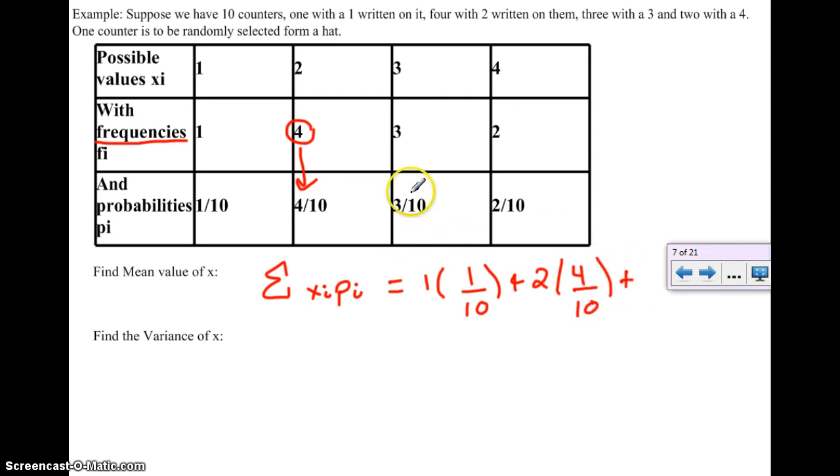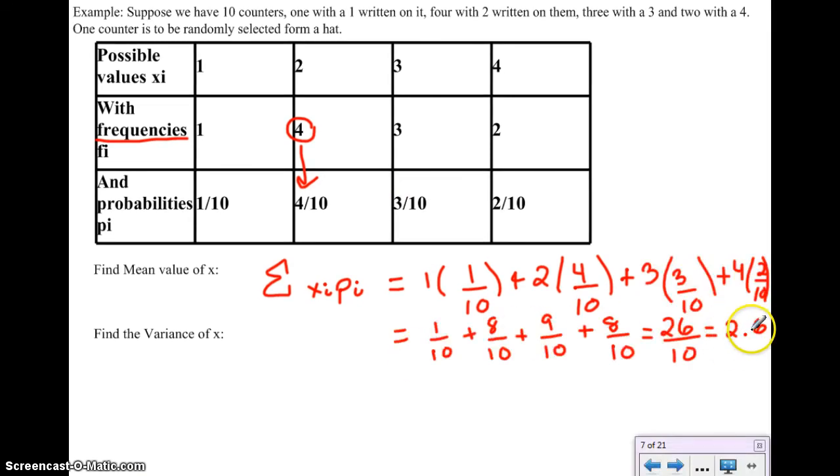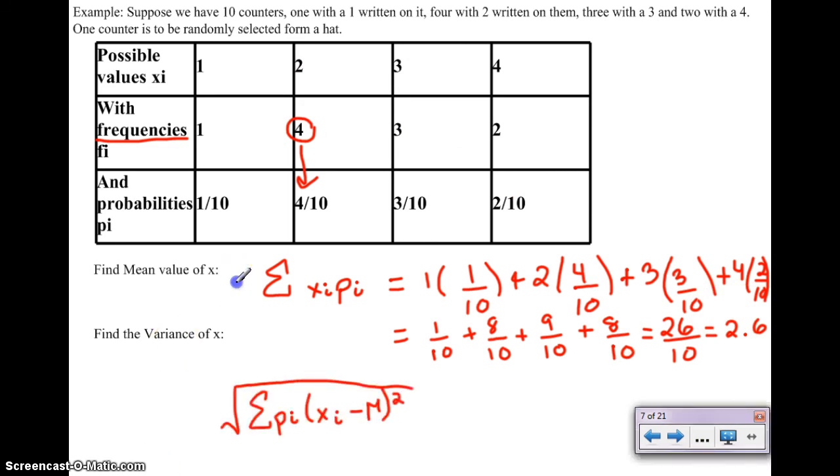Go ahead and take a second to set that up. I wind up getting a 2.6. If you take a look at your counters, you have the most 2's and 3's, so my expected outcome would be to get a 2 or a 3, looking at that 2.6. What you just found by doing this is really your mean, also known as your expected outcome. Your standard deviation for discrete random variables has this formula. We will not use that a whole lot, but you want to really make sure you are familiar with the mean.